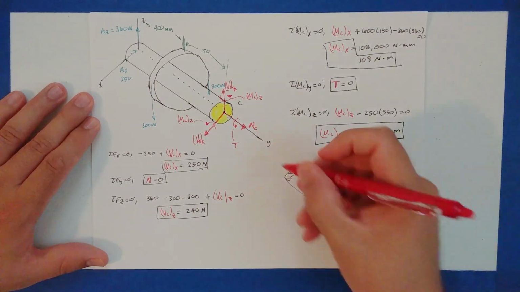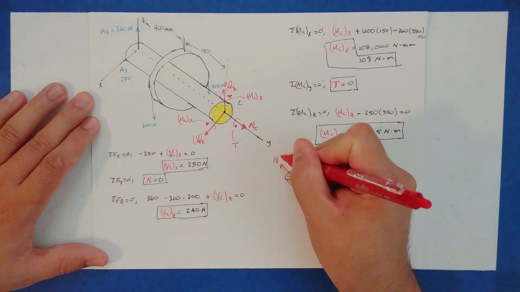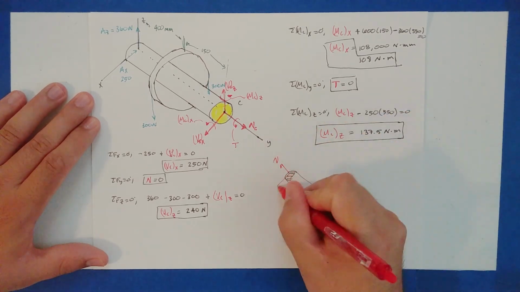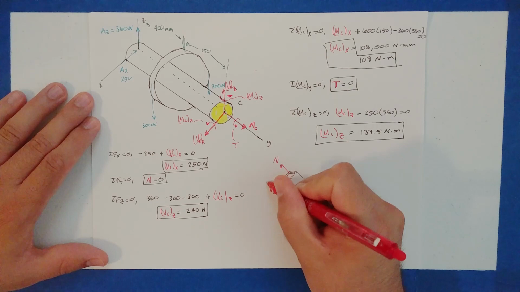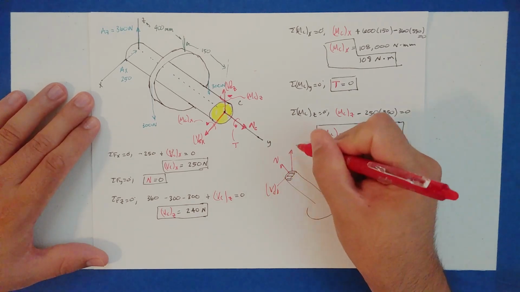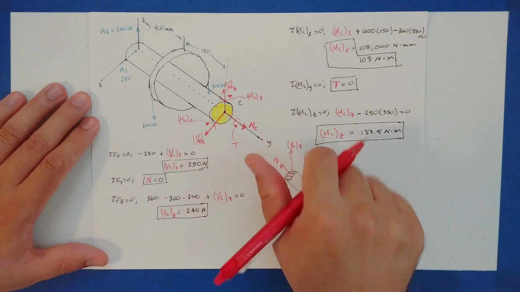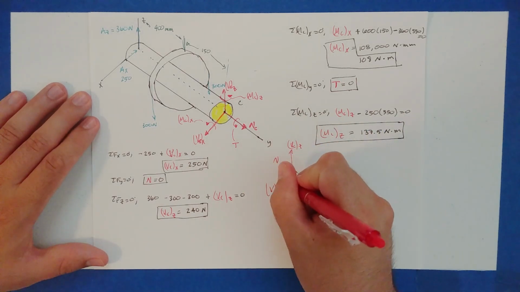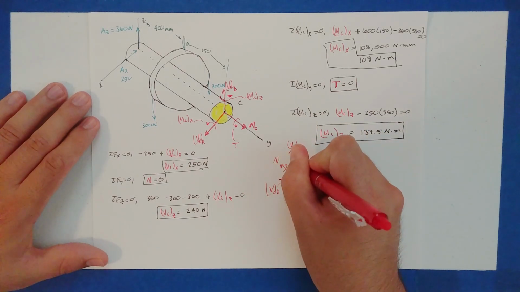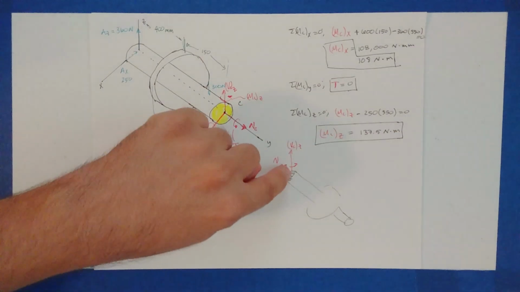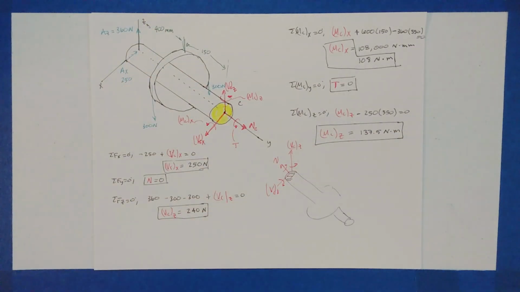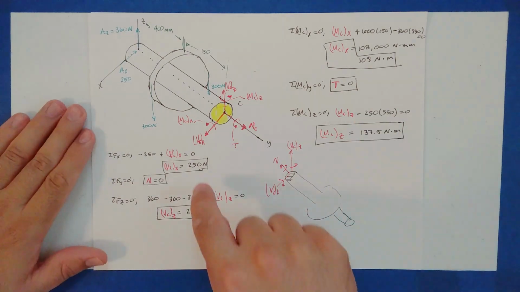You could still figure out, okay, what is the normal, then the VC, the shear in x, the shear in the z direction, as well as the torque, maybe like so, and the bending moments over here. If you go and look at the other section over here, because this is a 3D problem, you should be able to get exactly the same